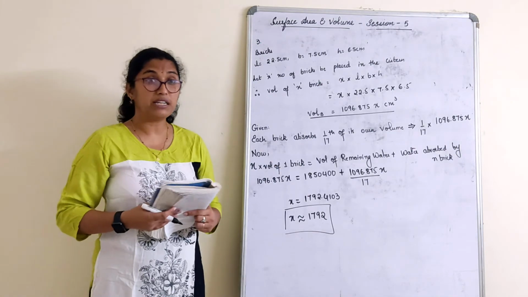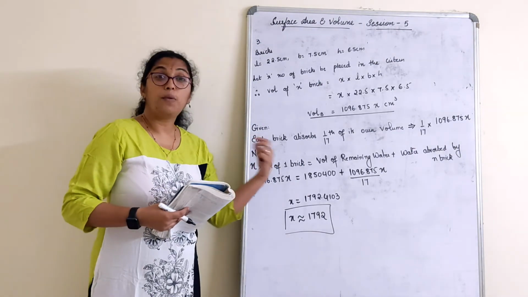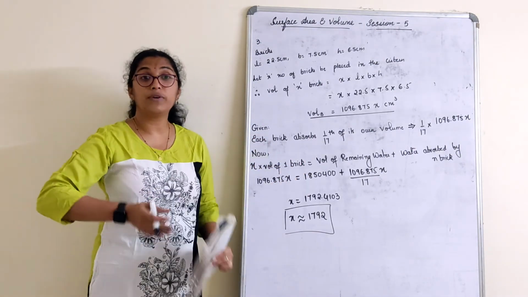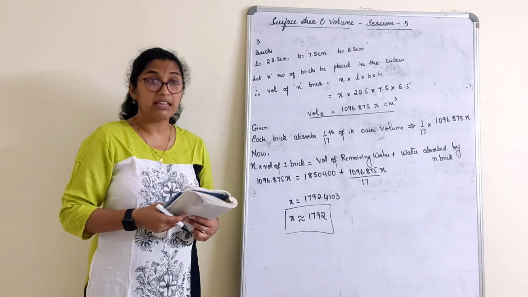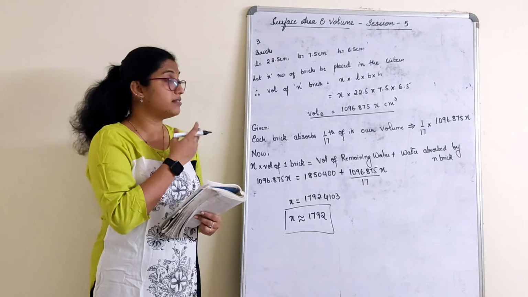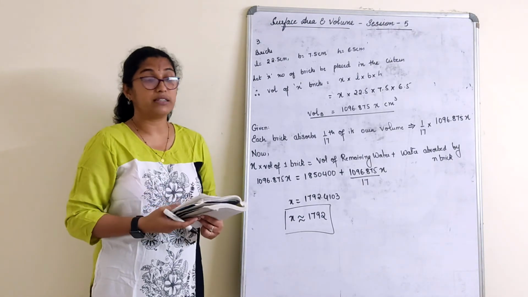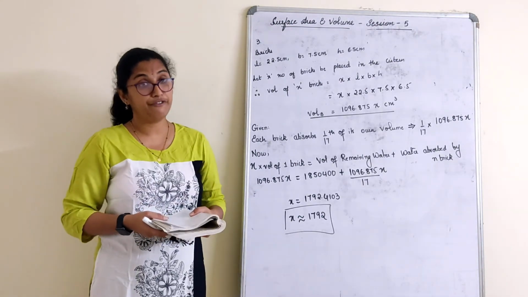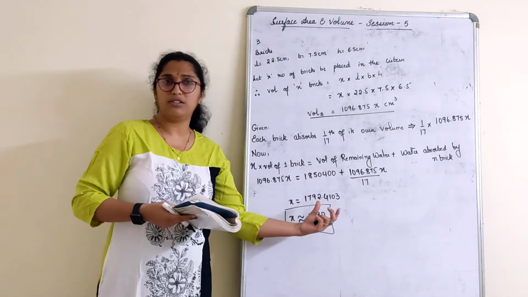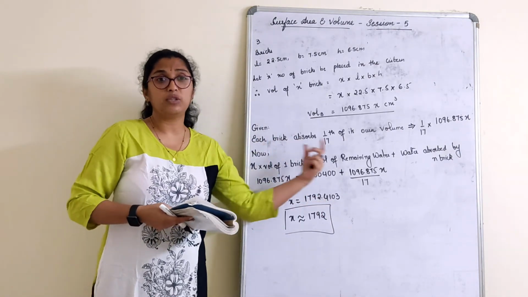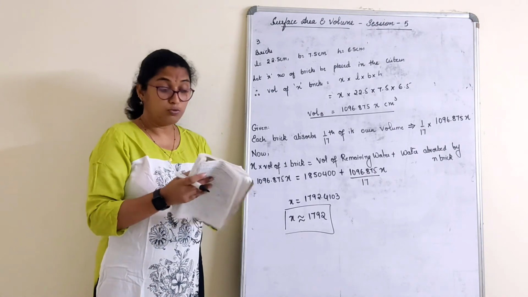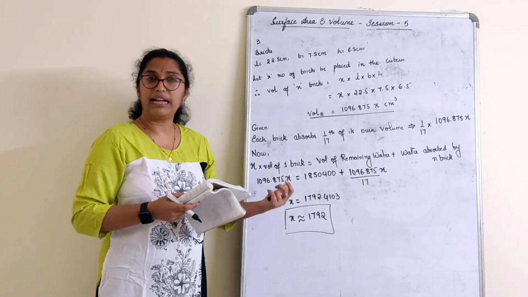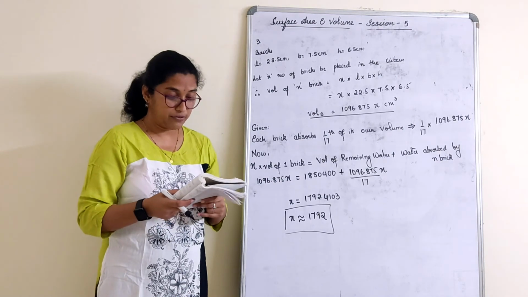Such questions appear in your exams. Better opt in for the last, so that you will not waste your whole time in the same sum, right? Quite a difficult sum because calculations are too much in this rather than understanding this. See, understanding part you will do it, but calculation you need to be very careful. So you can just keep that at the end of the paper. Once you are done with everything, you can solve this sum, so that we have ample of time to do it. We have 2 more sums to go similarly, but not that difficult as this. We'll just check the 4th and 5th one now.